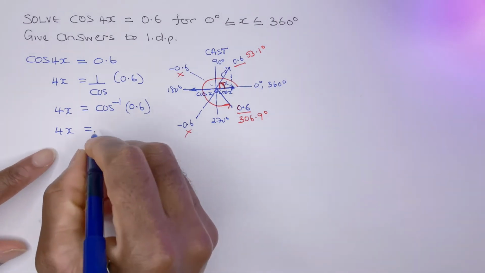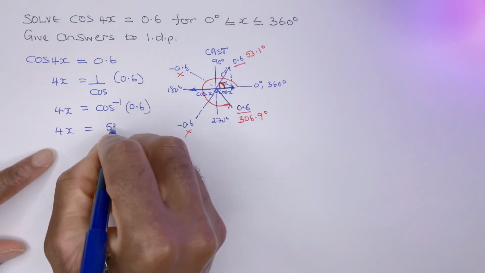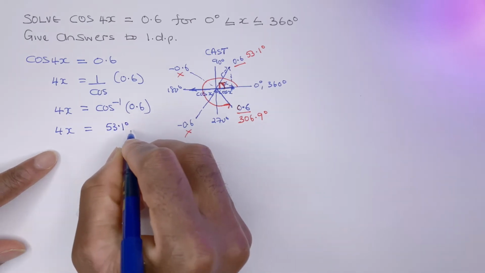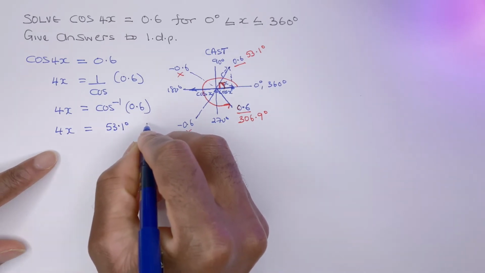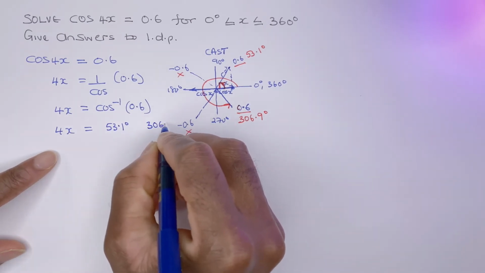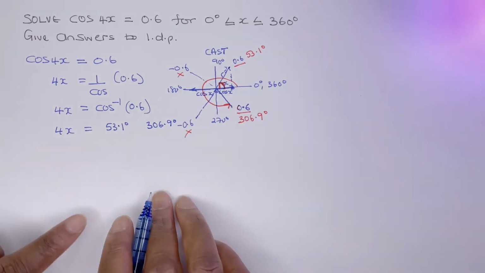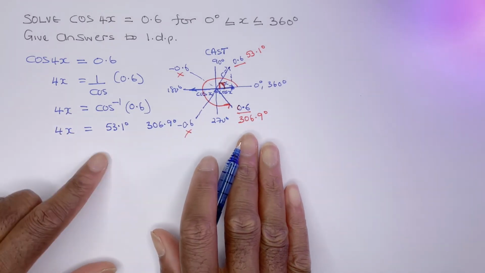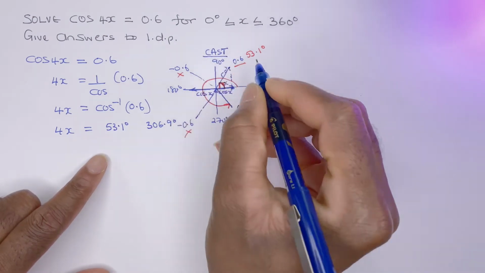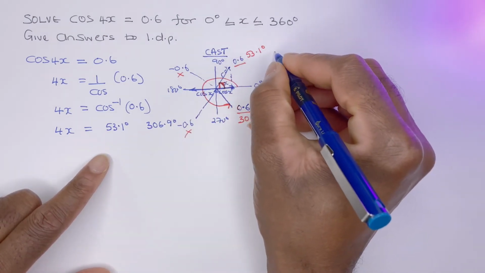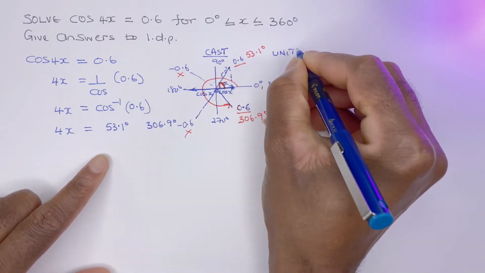So 4x will give us 53.1 degrees and 306.9 degrees. So that's really important to identify, because we're using a CAST diagram with a unit circle,